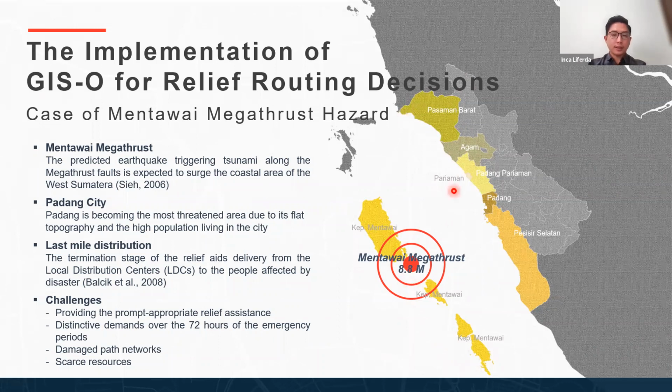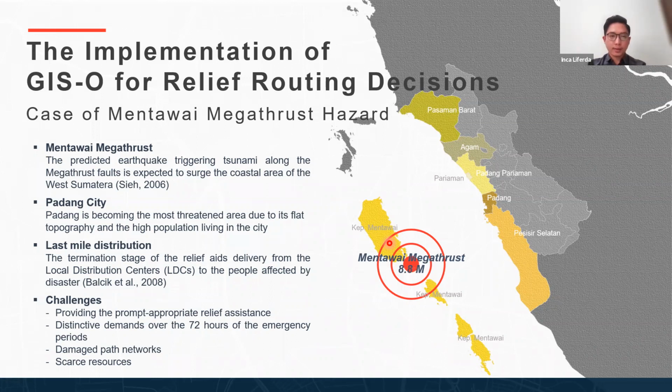Here are, if I'm not mistaken, 1, 2, 3, 4, 5, 6, and then 7 areas in West Sumatra that are expected to be reached by the tsunami